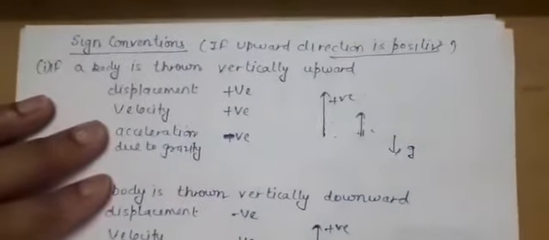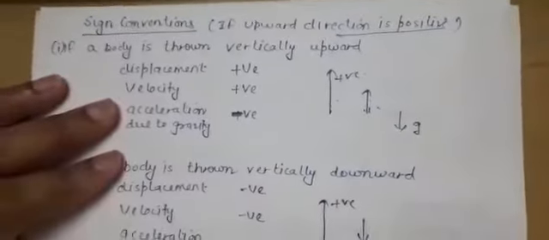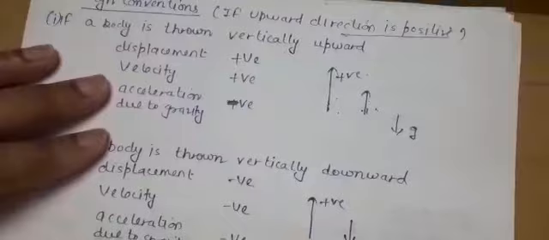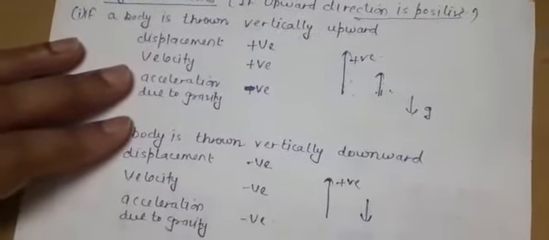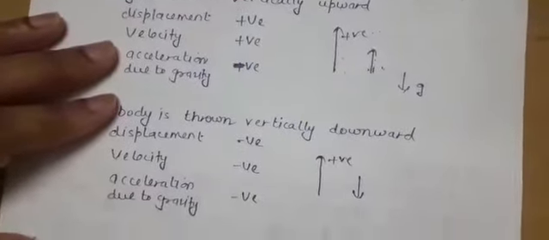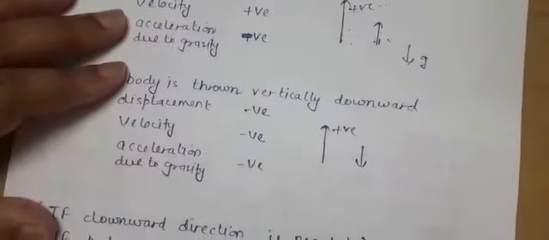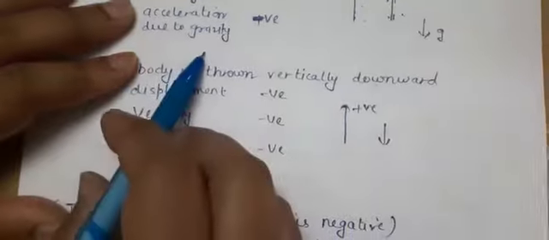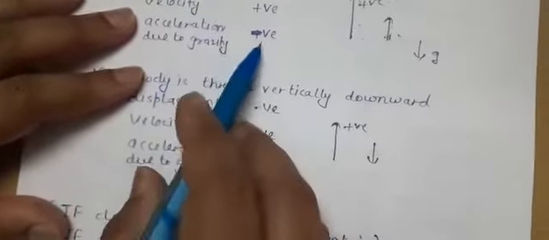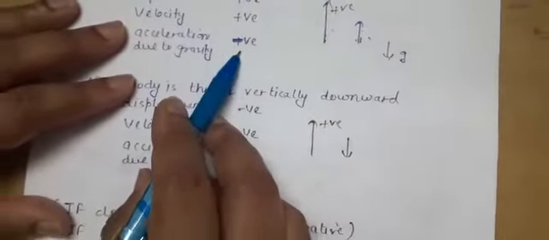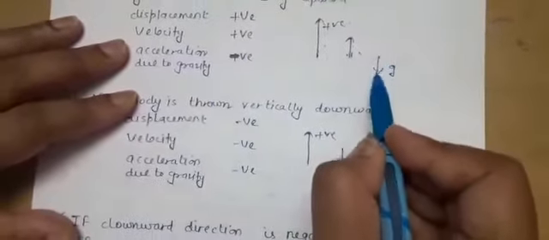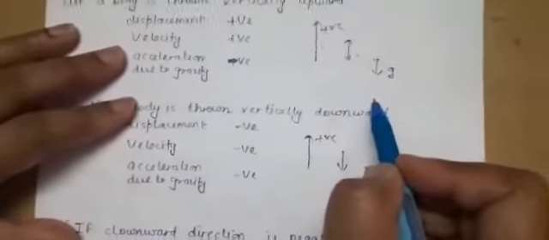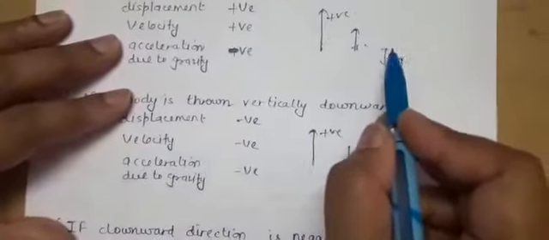When we have to understand the concept of free fall, when a body is falling freely, then basically we will convert this acceleration to acceleration due to gravity. When a body is thrown vertically upward or downward, then instead of acceleration we will always use the term acceleration due to gravity. So why is this acceleration due to gravity negative? See, as acceleration due to gravity always acts in the downward direction, its basic direction is downward.